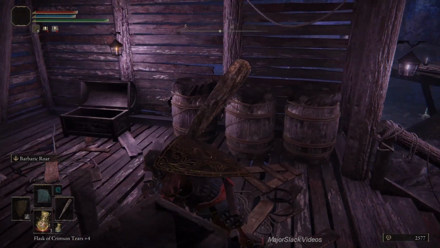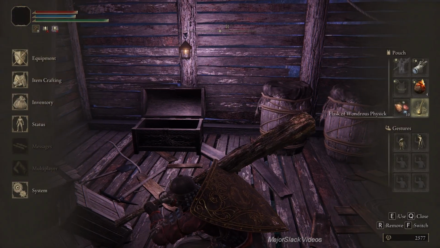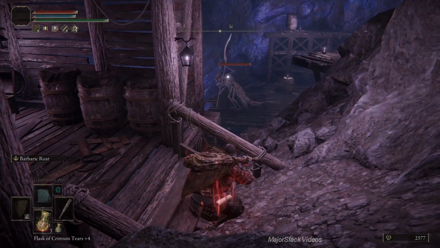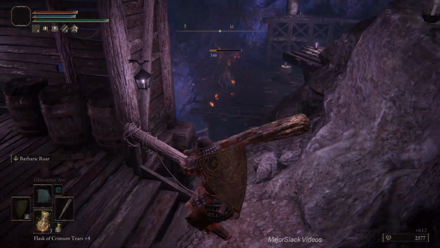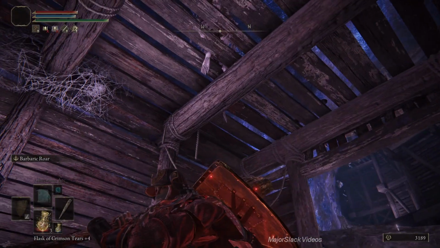Now you can easily kill them with 2 fire pots if you take your meds. The meds are the Flask of Wondrous Physic loaded up with the Strength Knot Crystal Tier. Okay, so take your meds, lock on, 2 fire pots, instant kill. 1, 2. Get your sneak on, go back into the cabin, look up, make sure the other death roach is still